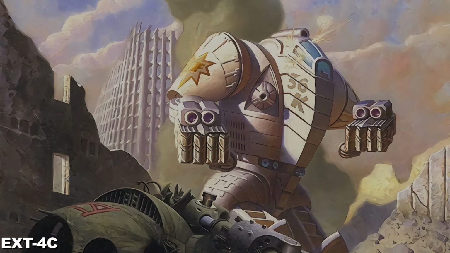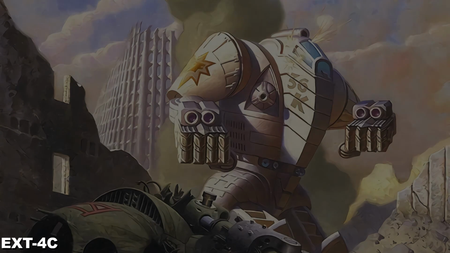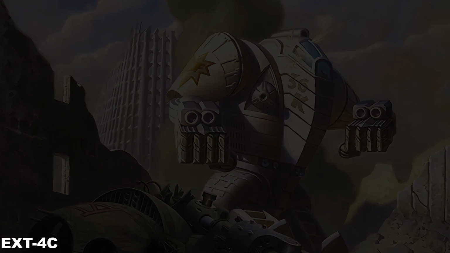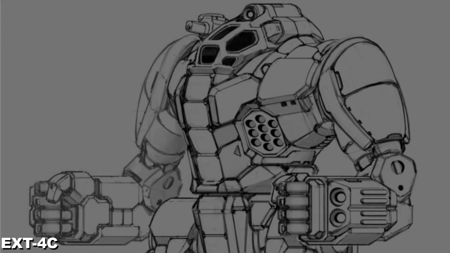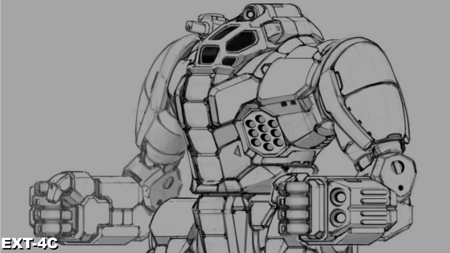Speaking of those attributes, there is a series of non-offensive systems on the 4C, starting with its anti-missile system, aiming to keep the unit safe from incoming missile fire. When one thinks of the Exterminator, they often think of the null signature system and the chameleon light polarized shield. When these two systems are combined, the Exterminator generates a great deal of heat, but it is incredibly